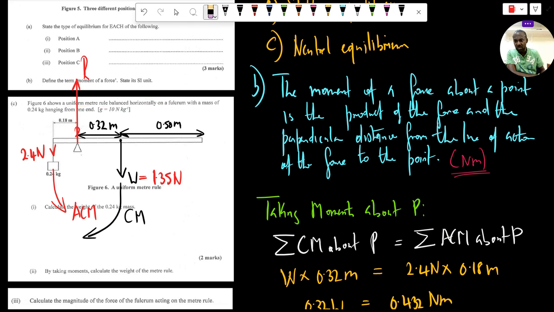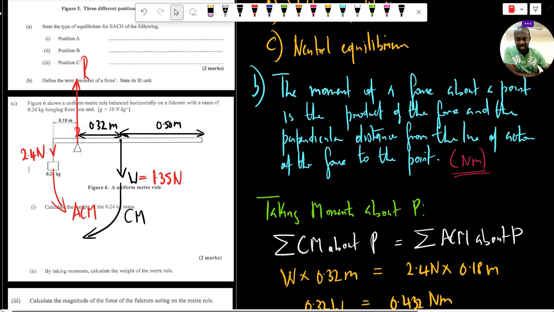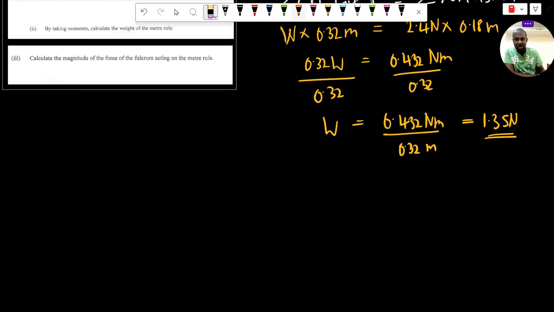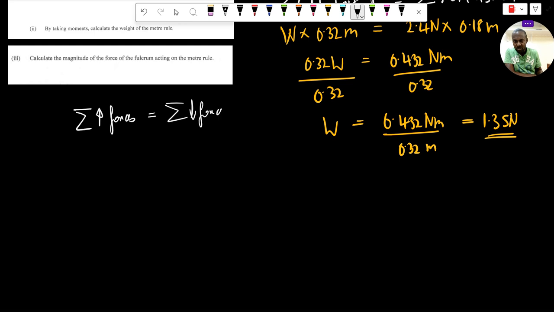So once again, the second condition for equilibrium is that the resultant of the forces acting on the body must be equal to zero. And in this particular case, we're dealing with vertical forces. We therefore say that the sum of the upward forces is equal to the sum of the downward forces. The only upward force is the reaction R, and the two downward forces are the weight of the mass, which is 2.4 newtons, and the weight of the meter rule, which is 1.35 newtons. When we add these two, we get